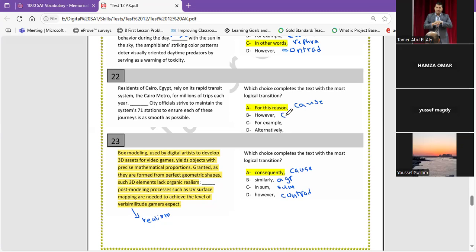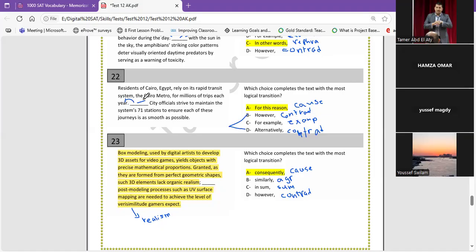However, contradiction. For example, exemplification. Alternatively, again, contradiction. So now we have two words that are contradiction. What are we going to do? Put them aside. Don't cancel them. Put them aside. If you can't find A or C, it's going to be one of them. Look at the sentence before